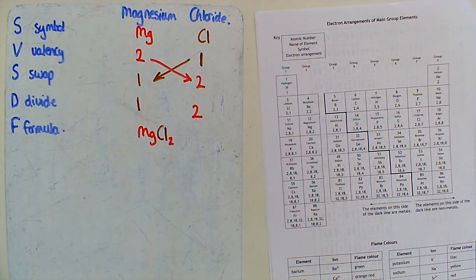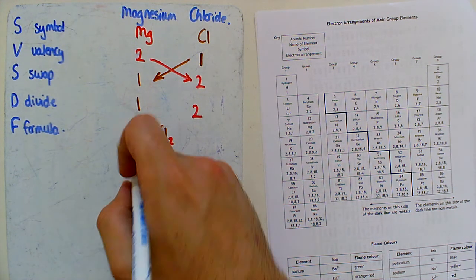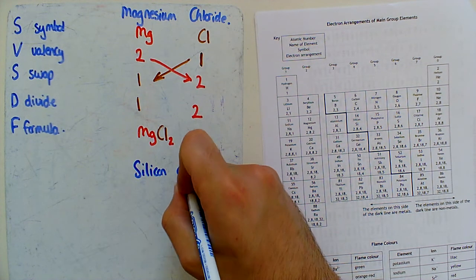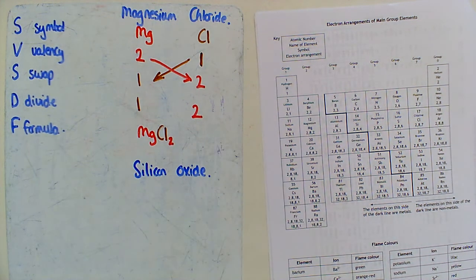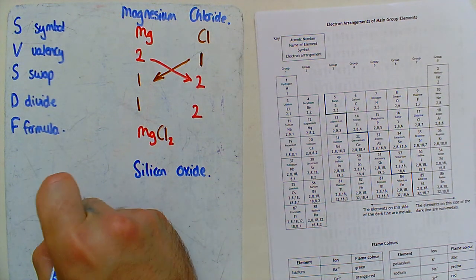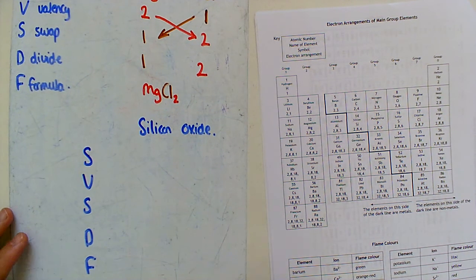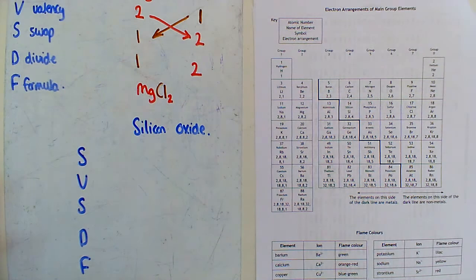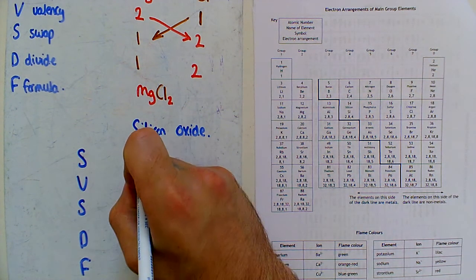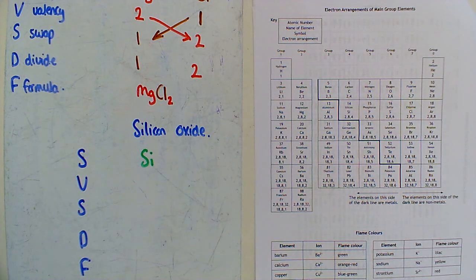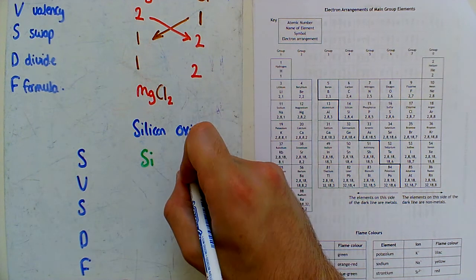Okay, so we're going to do another example, and we're going to do silicon oxide. So silicon oxide, we're going to do the same. We're going to do SVSDF. Now if we use the data booklet to look up the symbols, silicon has the symbol Si. Oxygen, for oxide, has a symbol